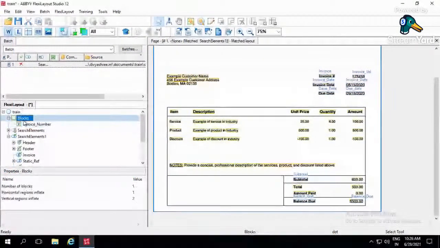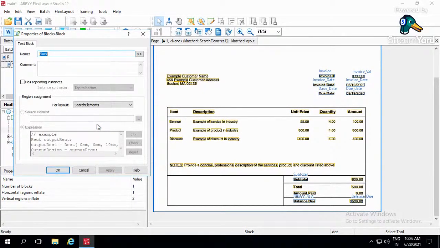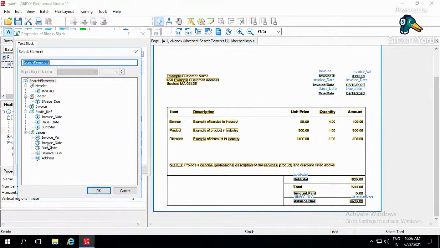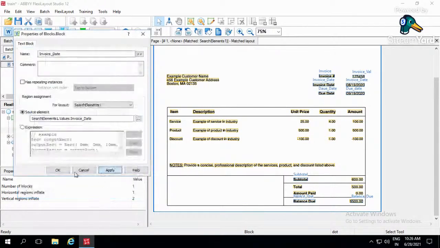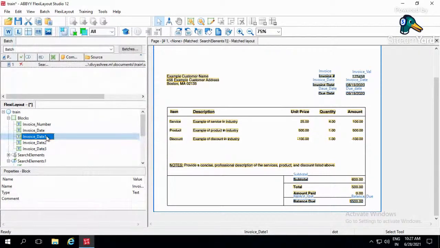And then I want to extract the invoice date. Basically, that will also be a text. I'm just going to create invoice date. My search element is the second one. I'm just going to pick and add the invoice date. Apply, okay. Control C, 1, 2, 3, 4, 5. Due date,